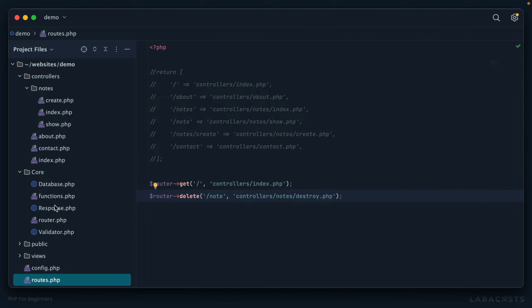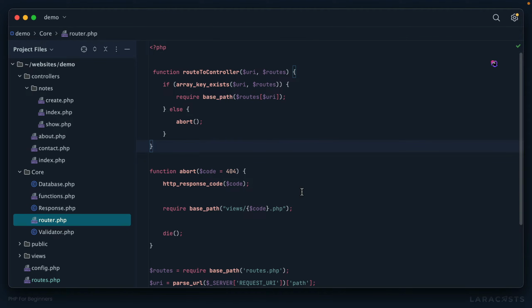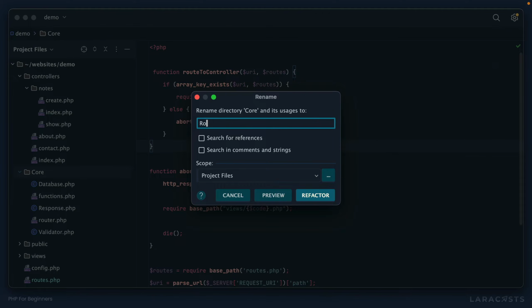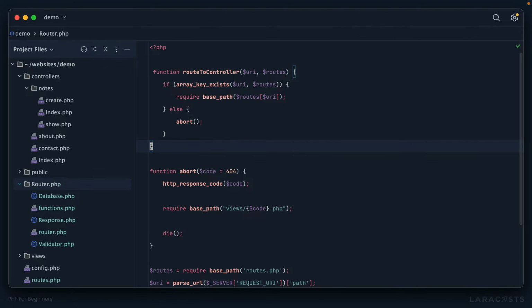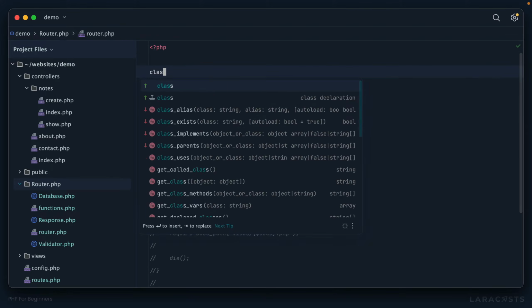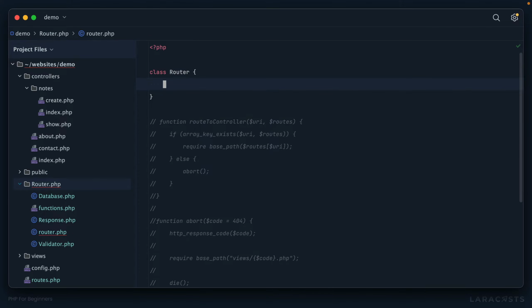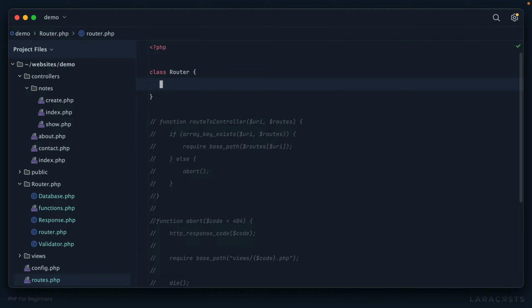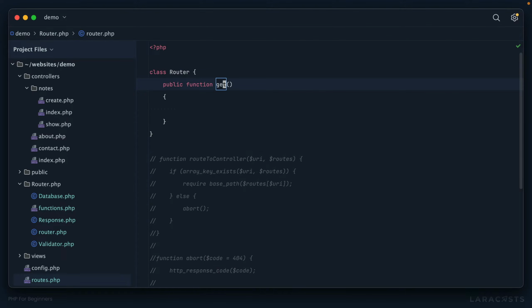I'm going to go into my core router class, and up until this point, we've had simple functions, but I'm going to upgrade this to a dedicated class. I will rename it to capital Router. And for the moment, let's just comment everything out, and we'll start at the beginning. Class Router. If I switch back to routes.php, like I said, we'll have methods to match each form request type. So right off the bat, I know I'm going to have a get